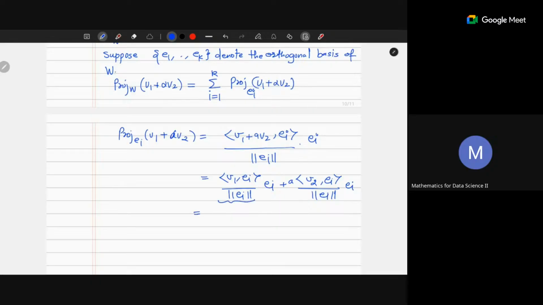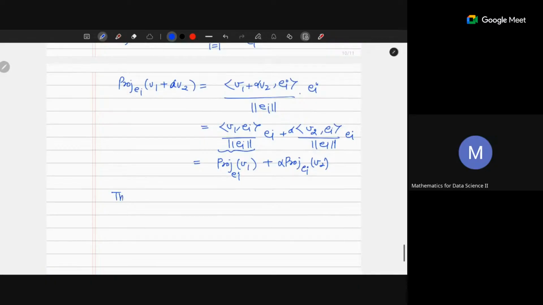All right. Now this again becomes the projection of V1 in the direction of Ei, and this becomes alpha times the projection of V2 in the direction of Ei. And you do this for each i up to K. So thus we obtain